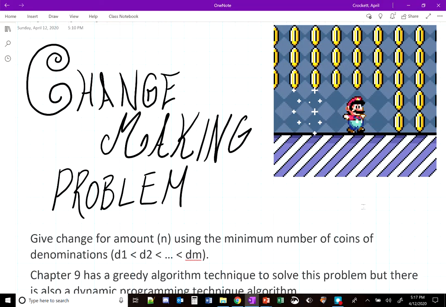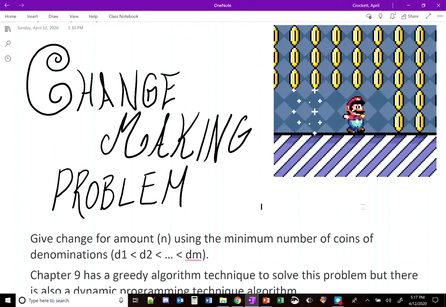Okay, in the last video we were working with change in coins and how many different combinations of coins we can have with a given set of denominations for a given amount. This algorithm is called the change making problem. So it has the word making in it. This is where you're actually giving somebody change for a certain amount using a minimum number of coins of